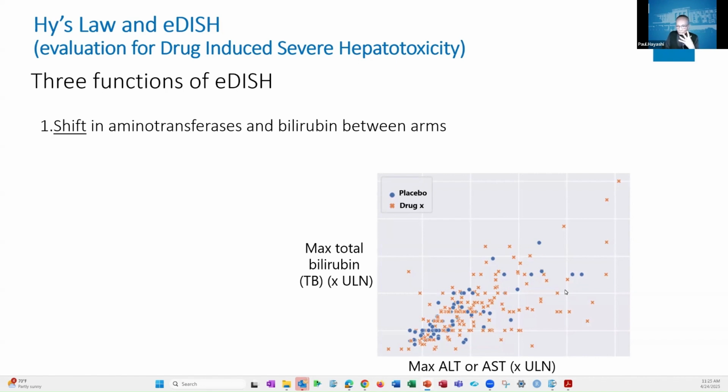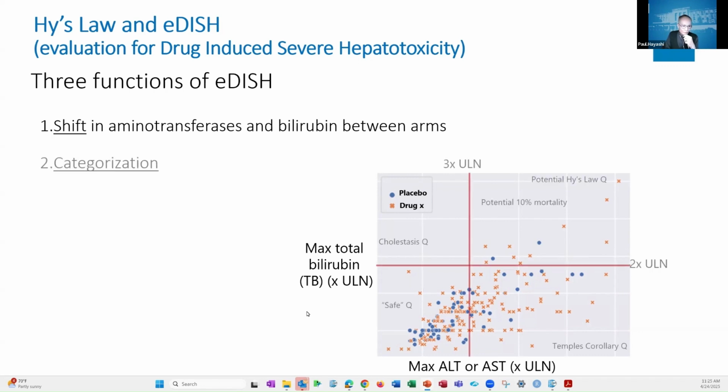So right off the bat, I'm thinking, yeah, maybe there's something going on here because I'm also leveraging all this other data down here, because I haven't let my eye jump right to those 4 quadrants yet. So I always say, look at the shift first, try to block out those 4 quadrants. After you've done that, then you can look at the 4 quadrants. And this is what people usually do with eDISH. They jump right to step 2. And I give you these 4 quadrants. And I've already gone over what they meant.